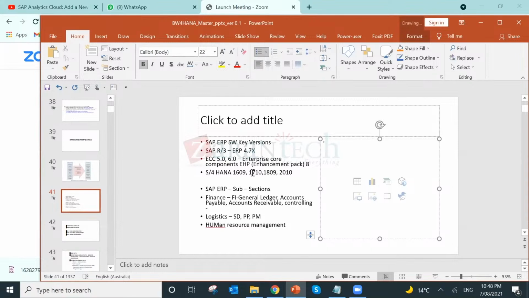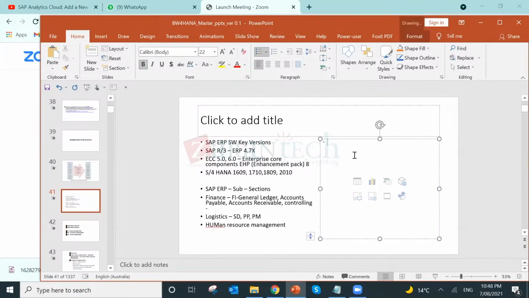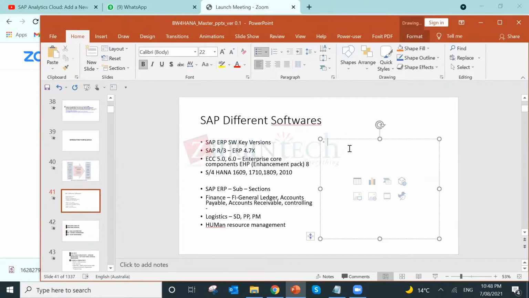So far, we have been talking only about ERP. Apart from ERP, there are other tools of SAP as well. SAP has different softwares. The primarily used software is ERP, but apart from ERP, we used to have, these have changed now,